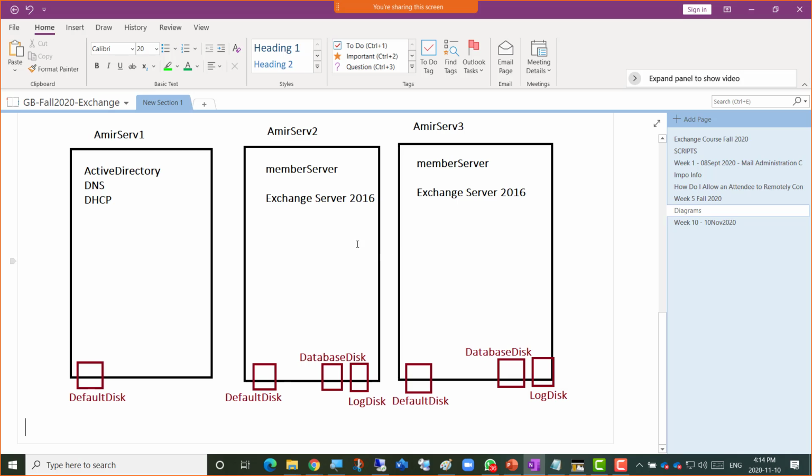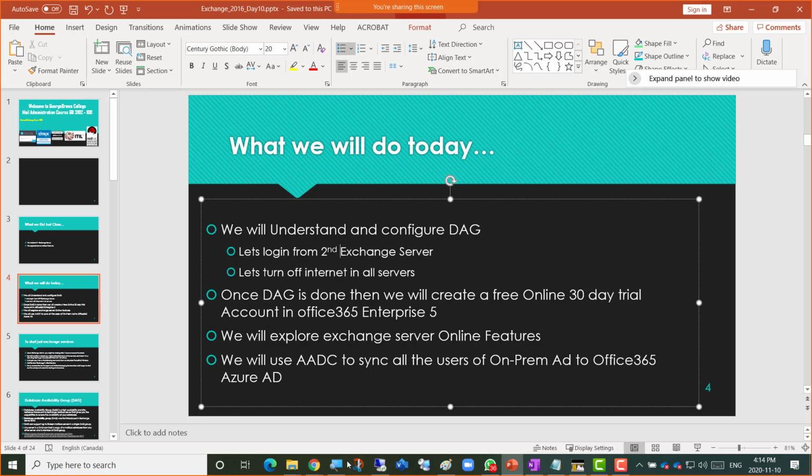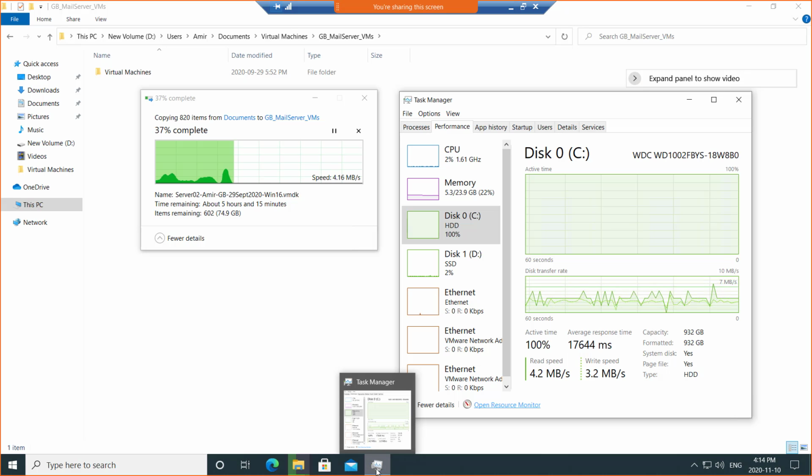It's not a short topic either, but once you understand it, when you join any company, you will see that it is already configured. You will have to troubleshoot that. If you know the inside out of it, obviously you will be able to troubleshoot that too. So while the machine copying is going on here,